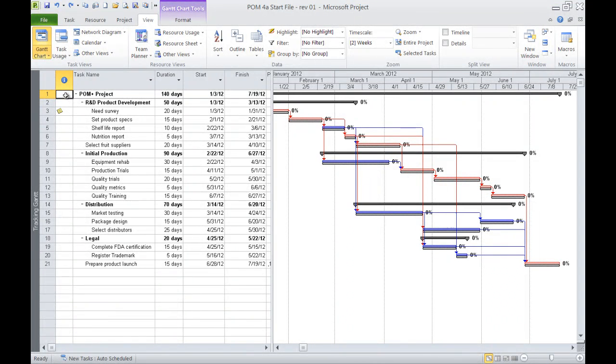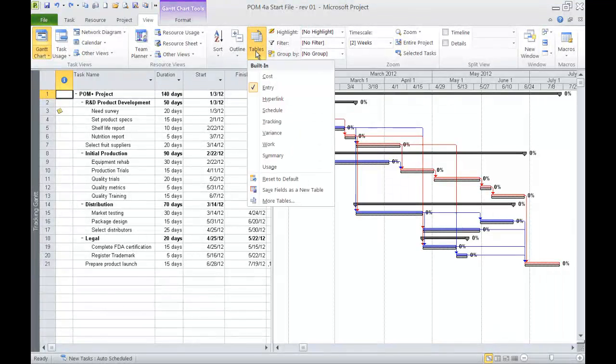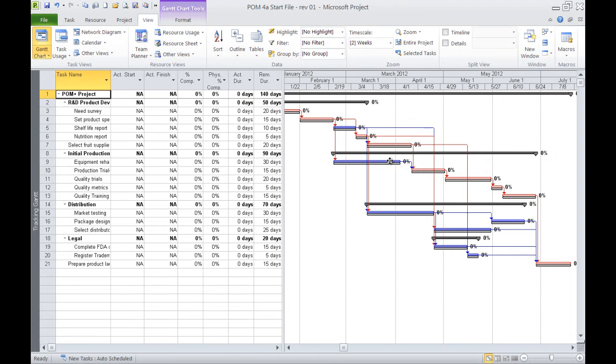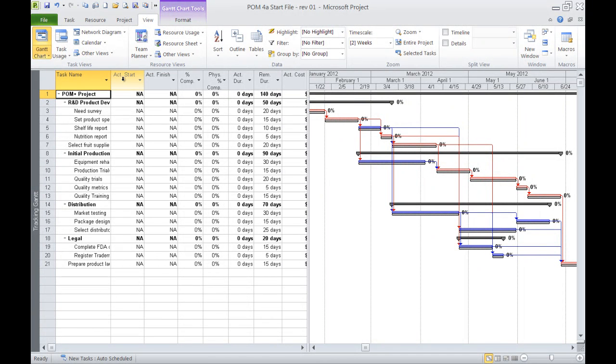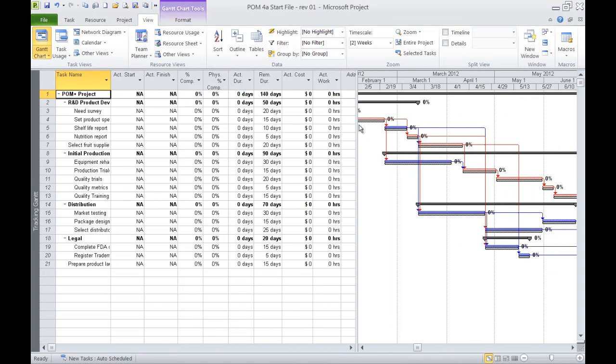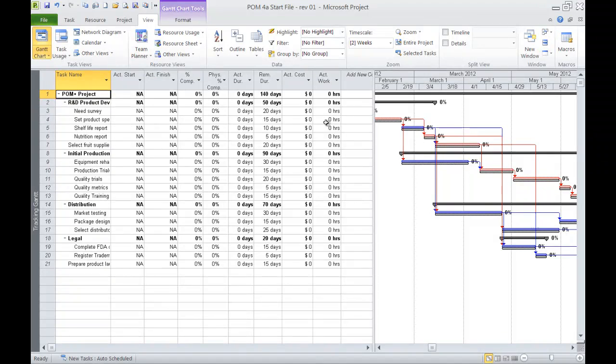To record entry, we need to use a different view. We're going to come to our View ribbon, select Tables, and look at Tracking. Now this is the tracking Gantt, but the tracking table is going to allow us to put in actual start dates, actual finish dates, and percent complete where applicable. We're going to demonstrate actual duration and remaining duration and see how all this impacts cost, and work again is defined in hours. First things first, looking at percent complete versus physical percent complete, understand that the physical percent complete